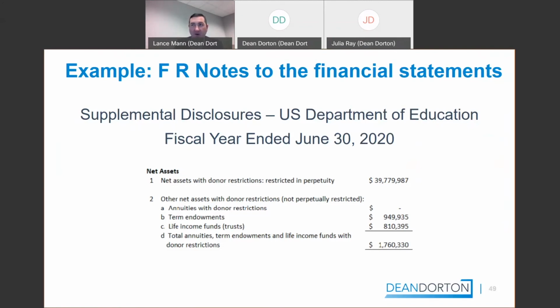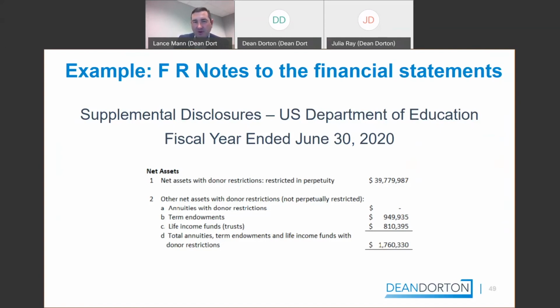And so I just add a note at the end of my financial statements for the clients that show, here are the reconciliations that are required for the financial responsibility schedules. And here's some examples of those disclosures. And so in your net asset disclosure, if you don't already have net assets restricted in perpetuity called out separately, you could add it there. There's some other net assets with donor restrictions that have to be added back. If you don't have those specifically called out in your already net asset disclosure, you'd call those out here.